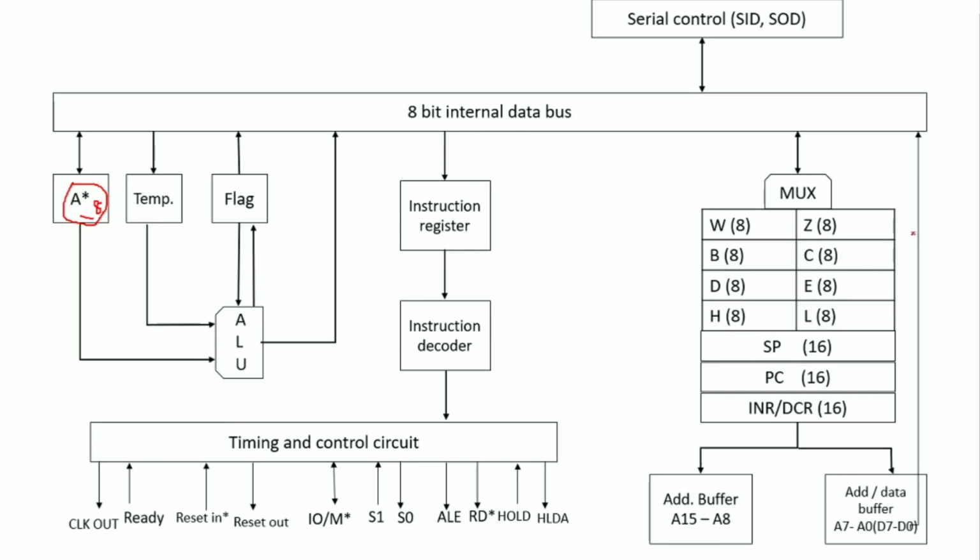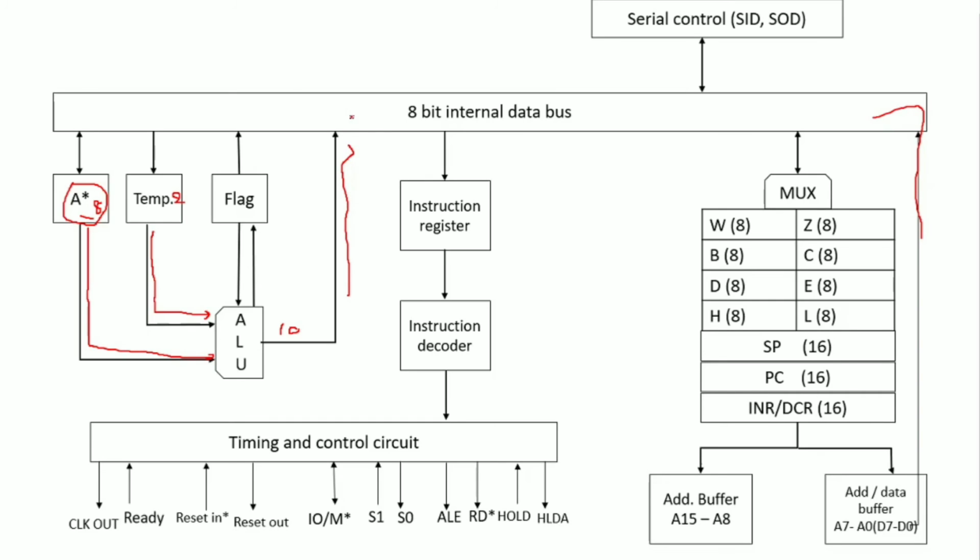So the 2 value will go into the 8-bit internal bus here and will get stored into this particular temporary register. It is also an 8-bit register here, and the value will get stored here. So once both the values get stored here, they will directly go into the ALU. Here you can see that the ALU is present, which is called the arithmetic logical unit. It will perform different kinds of arithmetic operations and logical operations, as by name you can understand. Both the values get added here, and we will get the value 10 here. 8 plus 2 is 10, and it will get back into the 8-bit internal data bus.